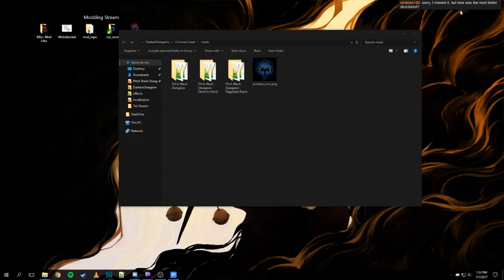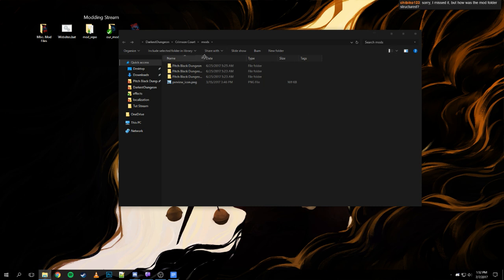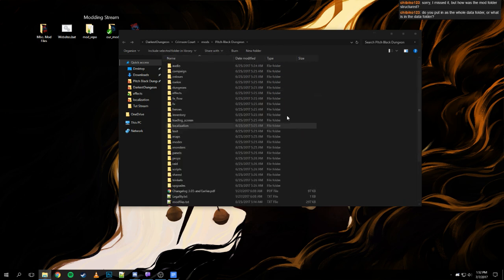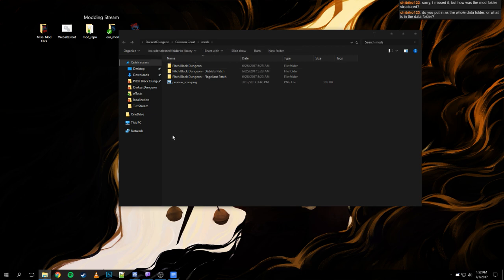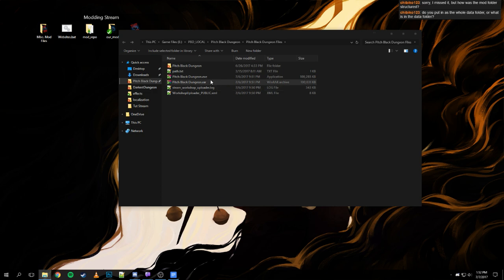The mod folder is structured very simply. I usually have it on details. You literally throw the mod folder in there, right in the data folder, which is exactly how it's supposed to be set up. For Pitch Black Dungeon, I have it set up very simply, and that's, as you see,